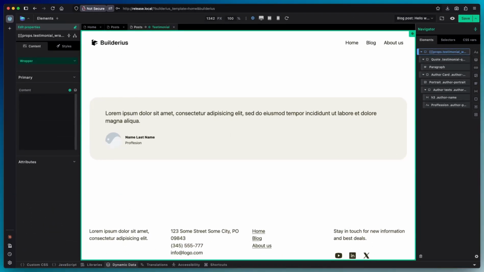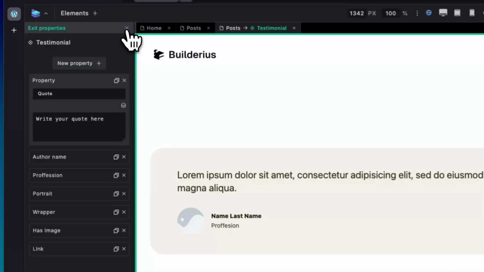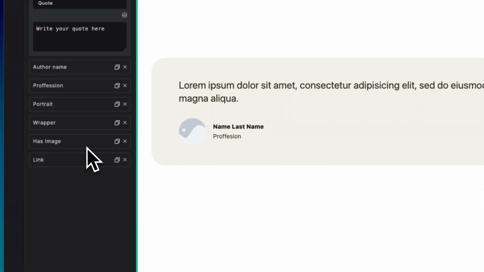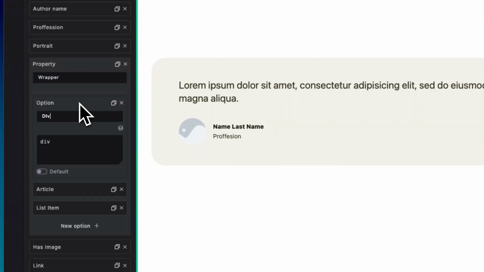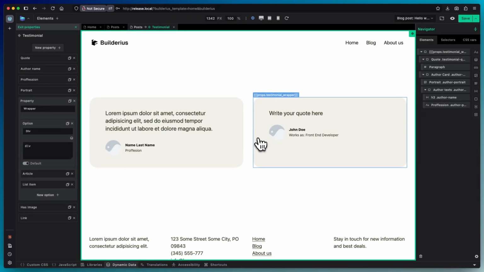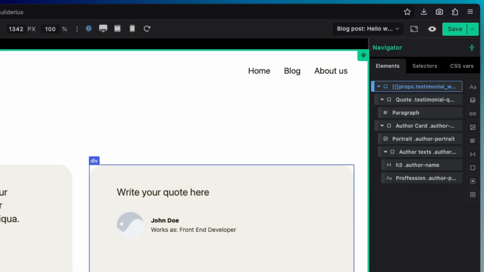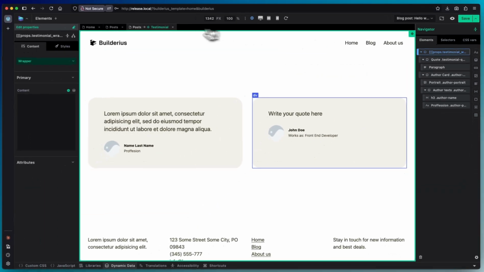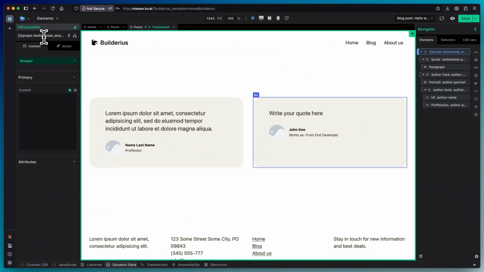Oh, my component has disappeared, and this has happened because I didn't set my default value for the wrapper select field. So let's go back to wrapper, choose div, and set it as default. That's going to bring back my component. When you use property for the markup, your element label gets a bit ugly because it now has the property name in it. And I propose to just change it into something nice,